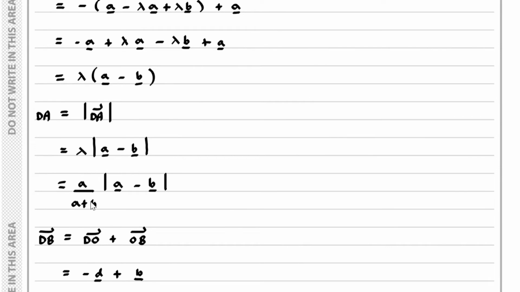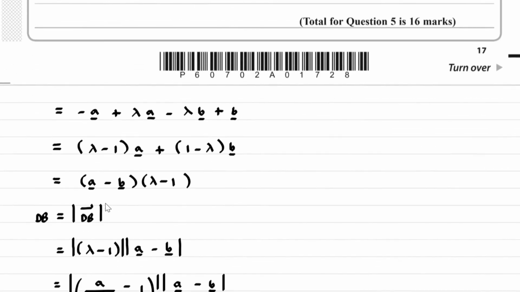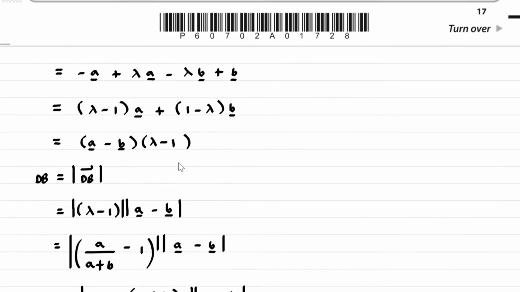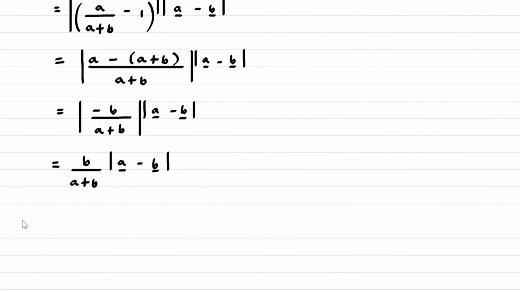So that was a over a plus b times the magnitude of a minus b. So therefore dA over dB is equal to a over a plus b times the magnitude of a minus b,